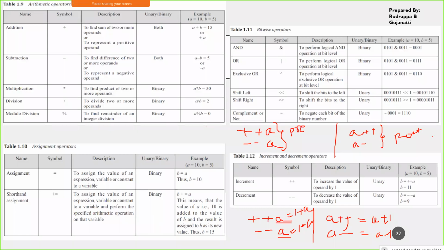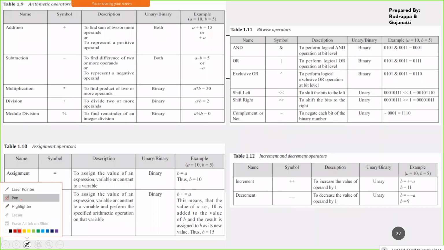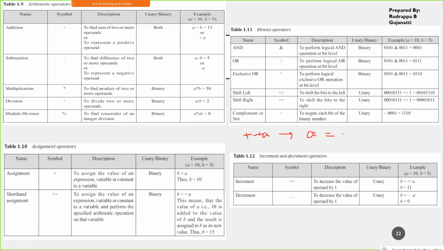Now what is the difference with respect to this one? So pre-increment and post-increment. Another important thing about increment and decrement operators is, whenever you are performing this operation using these operators, suppose you are writing ++a. This overall expression will be equivalent to a is equal to a incremented by 1.